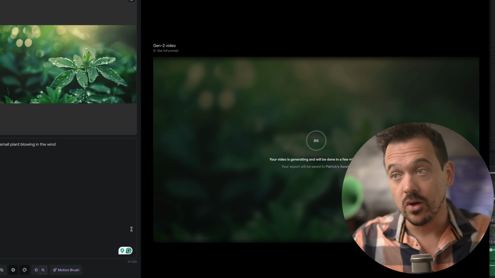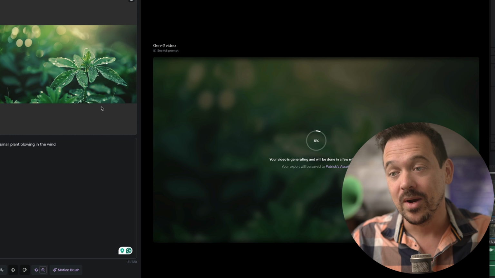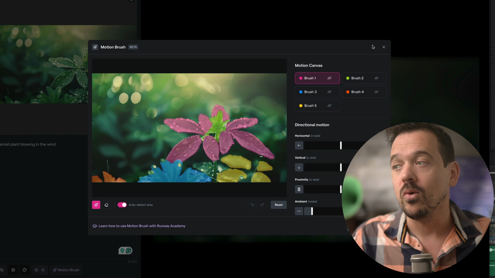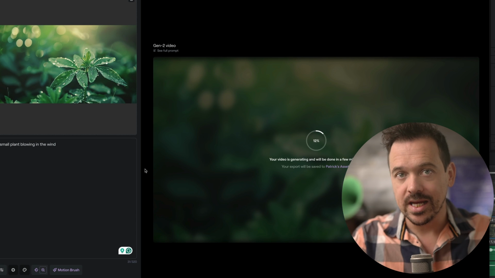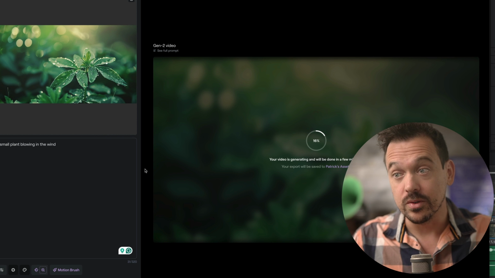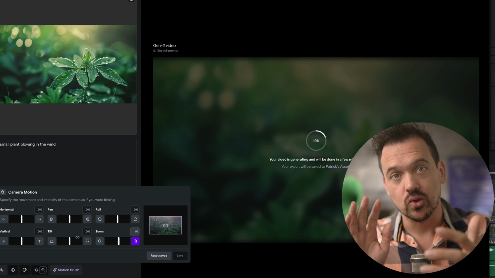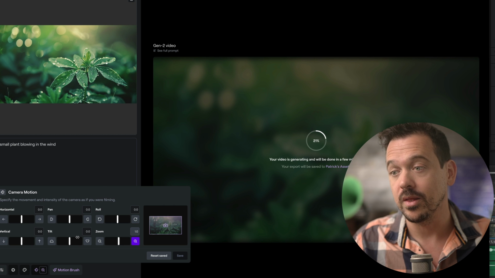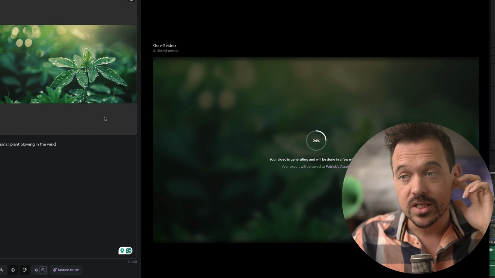Now, a big thing to note is, I'm running out of credits because I've been busy on Runway this month, but what I can do is come in here and change these settings, and I could already generate another image, right? So again, it's about iteration, and you don't have to wait for the one to come back. After you start getting used to it, I will often change a couple things, and it's often in my camera controls where I might try a raise and a tilt, and I might try different things and do 2-3 generations and then pick the one that I want. So we'll wait for this to go, but while it's doing that, let me show you